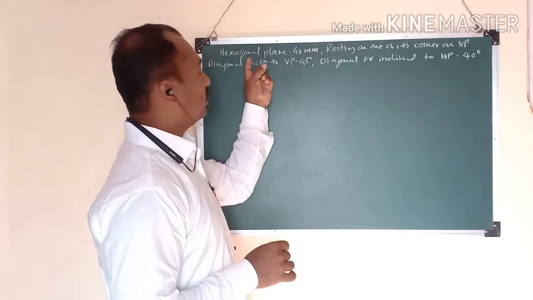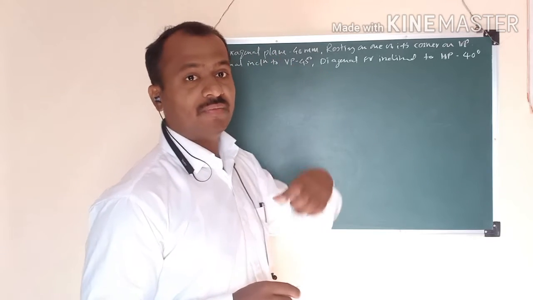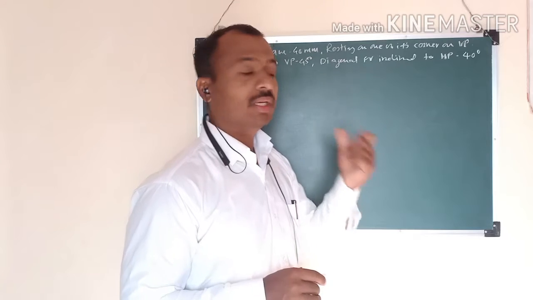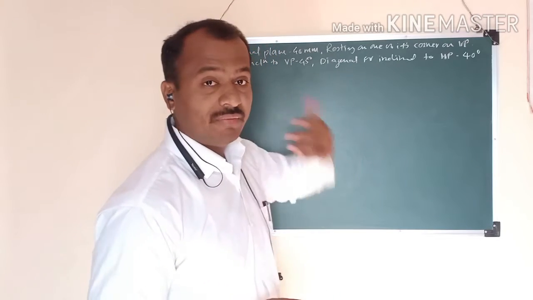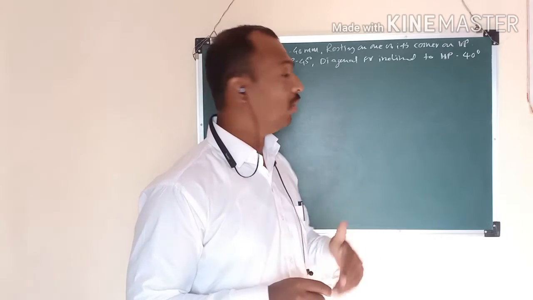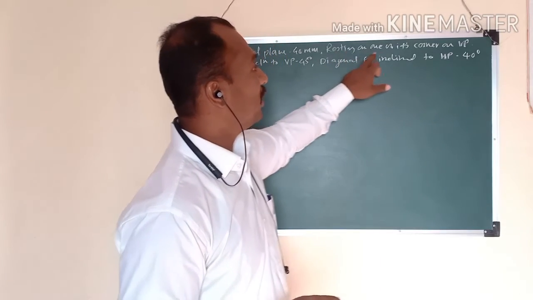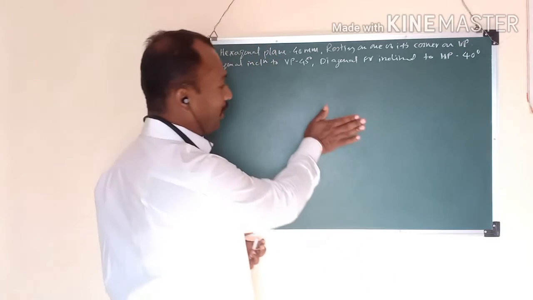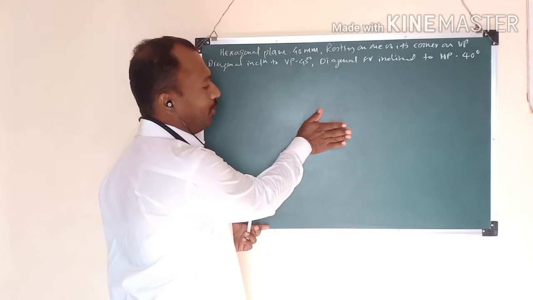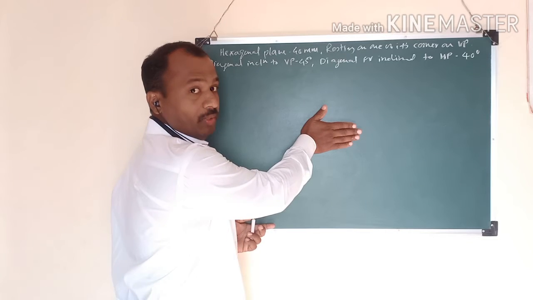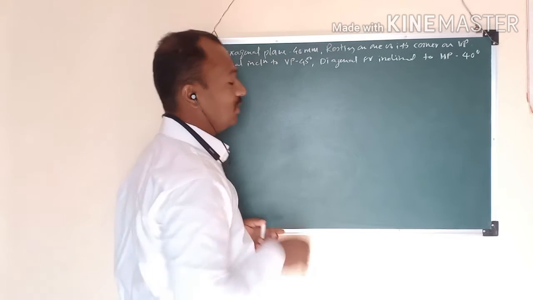So this hexagonal plane, it means in the first position one of the views will be a hexagon. In which view will it be a hexagon? कौन से व्यू में हेक्सागन आएगा, फ्रंट व्यू और टॉप व्यू? For that, see this, it is resting on one of its corners on the VP. So it is resting on the VP. VP पे रेस्ट है, इसका मतलब क्या है? We are considering that it is fully resting on the VP.